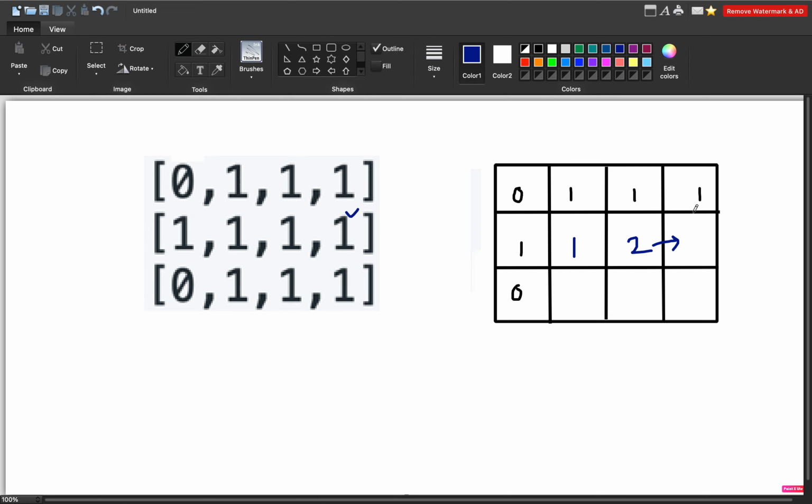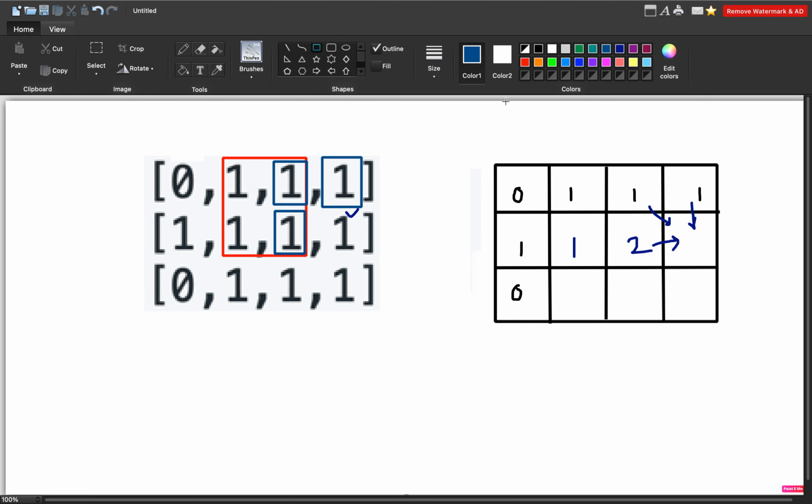Minimum of all these. Now the case arises that the square formed here is of 2, right? The square formed here is of 1, okay, but here also a square of 1 was formed, right? And similarly here also a square of 1 was formed. So which will contribute? Why is 2 not contributing to the answer? Why aren't we doing 2 plus the present index 1?